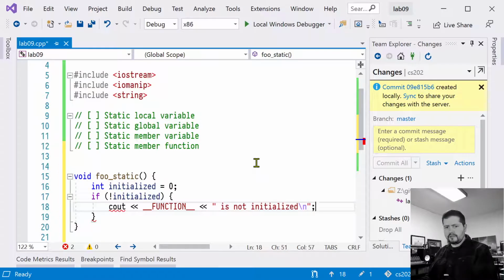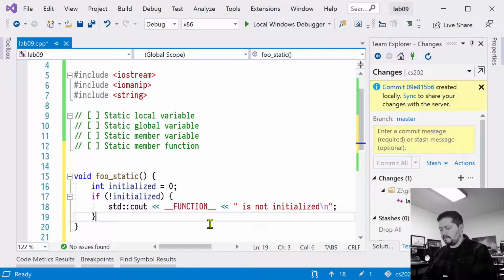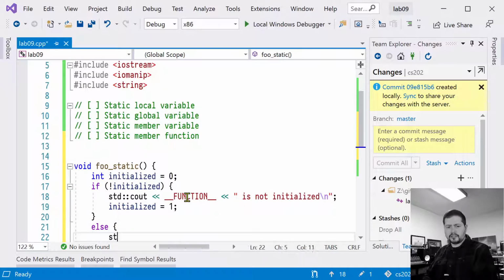All right, so there's our first one, and this is a special definition that gives us the name of the function that we're inside of. It's a macro variable. So if it's not initialized, then we're going to say, hey, it's not initialized. We're going to set it equal to 1 so that it is. And then under else,